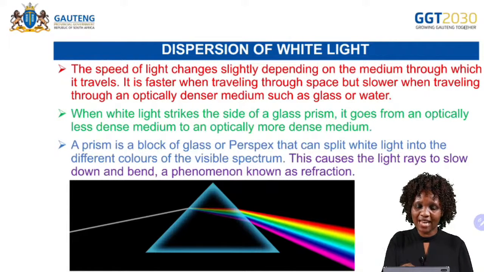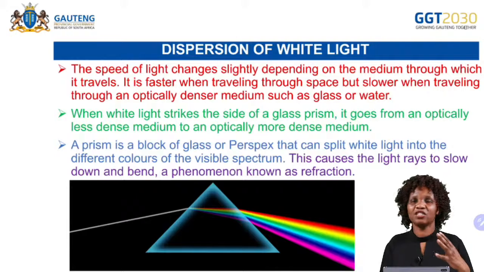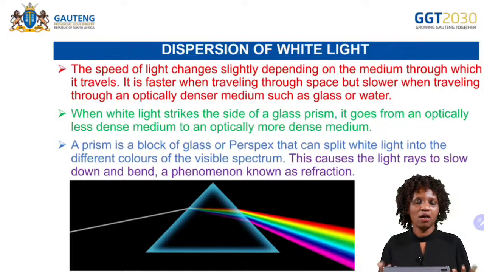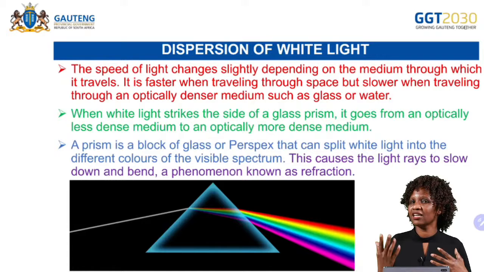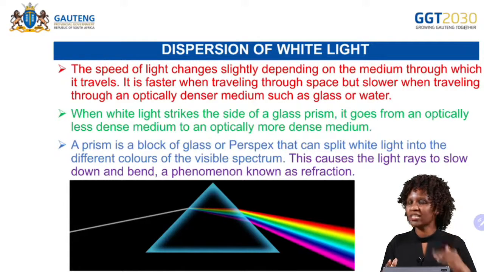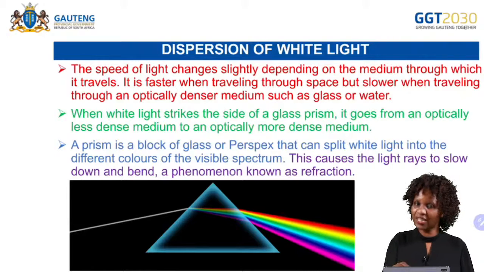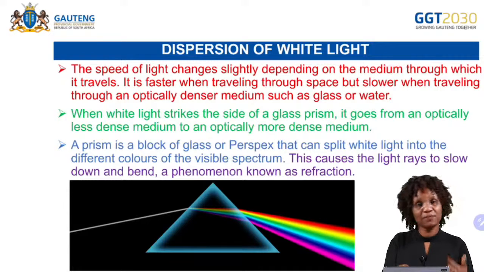The speed of light changes slightly depending on the medium through which it travels. Remember, light travels very fast in a vacuum, in an empty space. But the speed varies if it is passing through different types of medium. For example, if it passes through water, or even through glass, the speed will change. Okay. And then it is faster when traveling through space, but slower when traveling through an optically denser medium such